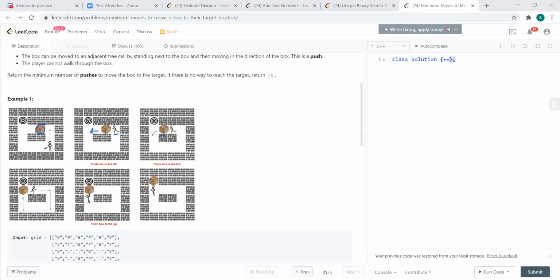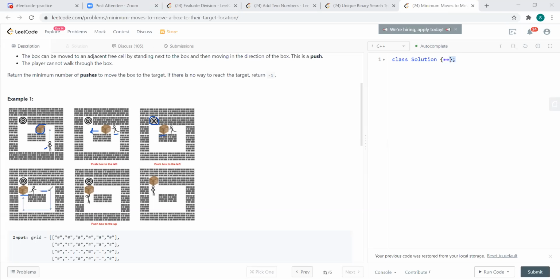And then our objective is actually to reach this target. So we need to find how many minimum pushes are required so that we push this box to the target. In this case, he was standing on the right side, and in this diagram, he moved the box all the way, and he has just stopped here because there is a wall in front of it, so he cannot push the box further to the left side.